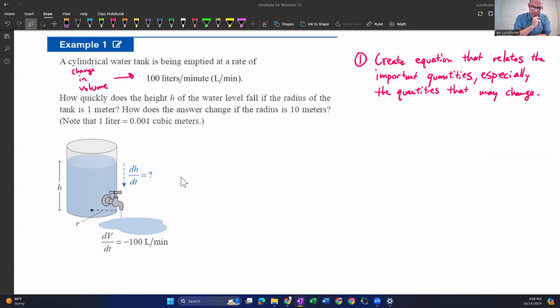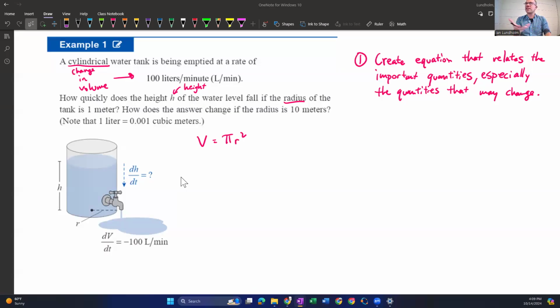Okay. This is the height of a cylinder. So that's a length. The radius is another important one. That's also a length. And so if we want to coordinate volume, height, and radius of a cylinder, we could use the formula for the volume of the cylinder. So this one, let's go V equals pi r squared for